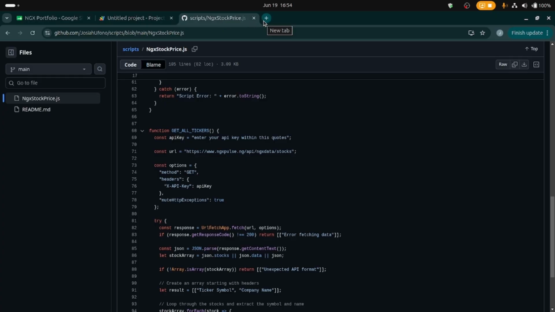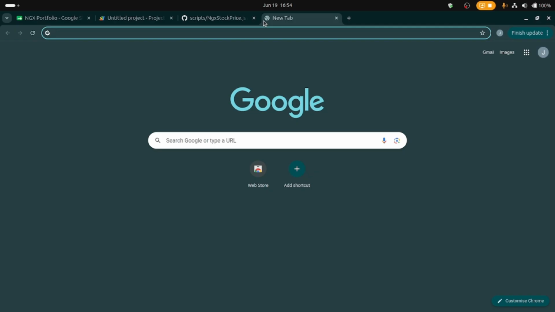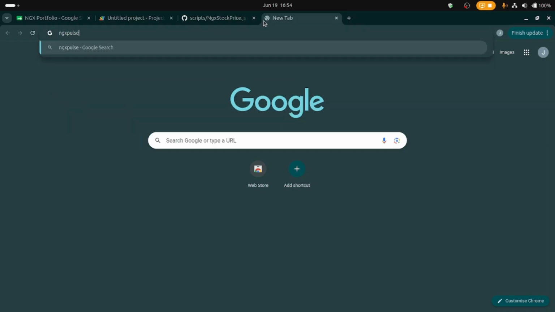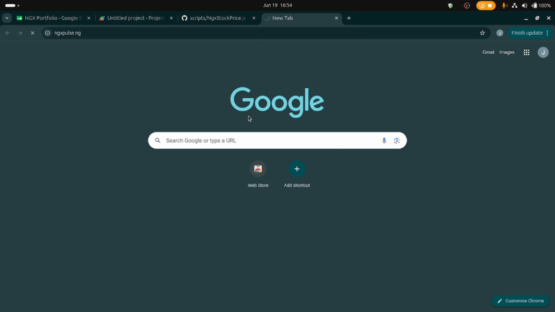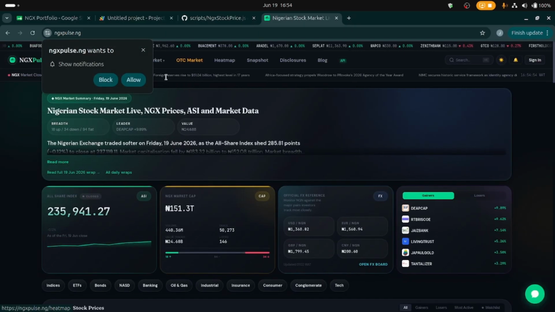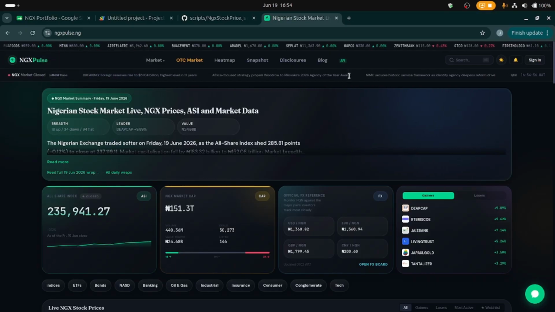So I wouldn't be able to do that. So everyone just go there, generate your own API key, and then you put it in this space there. So we'll go to ngxpulse.ng, and then we go to API,